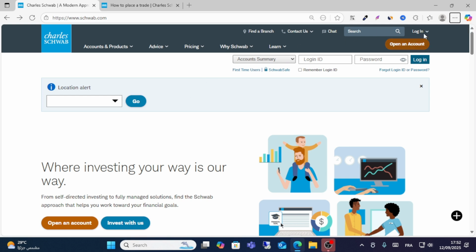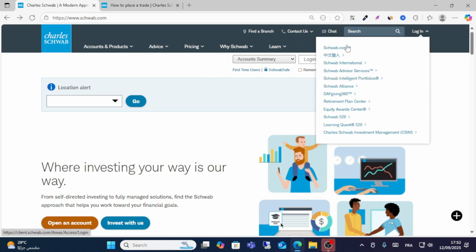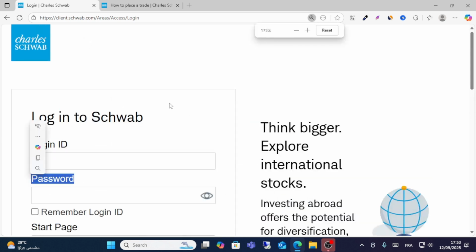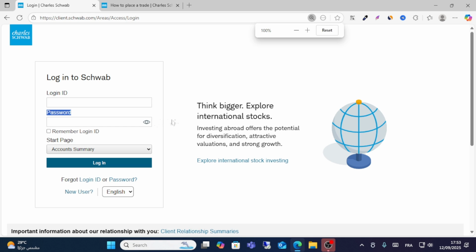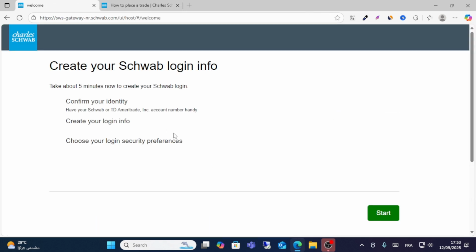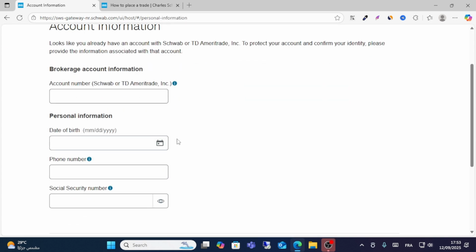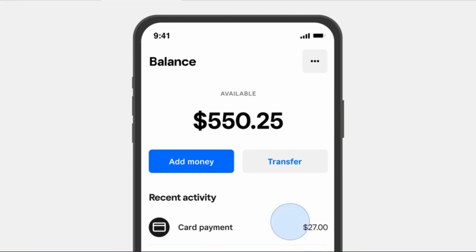First, log in to your account with your information, such as your login ID and password. This is the first step, as I say. After that, if you are a new user, you can set up your user and all your information from here. After that, friends, set up your account, and then make sure you have funds